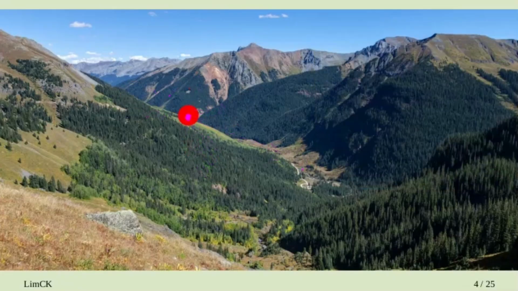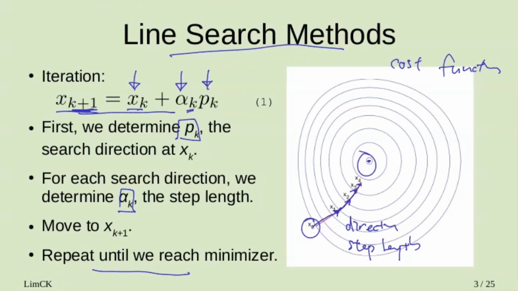The example I showed you just now is the contour of a very simple function, where the minimizer can be reached easily by just following this path. But if we are considering some function which is more complicated, for example this one,